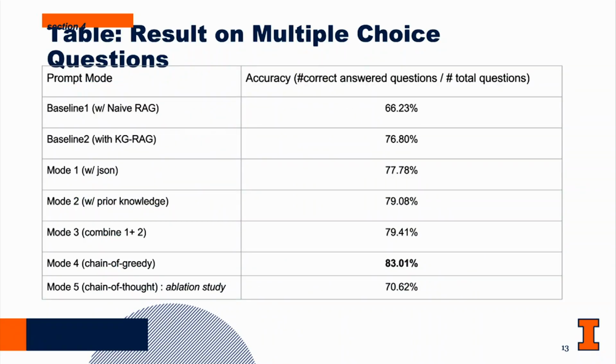And this is the table of our results. So for the first one, the baseline is the framework with the additional context information from the knowledge graph. The second one is with the KGRAG. And mode 5 is just an ablation study compared to mode 4, which adopts a 2-stage strategy with an additional prompt that will allow the large language model to make a proper option, and it has